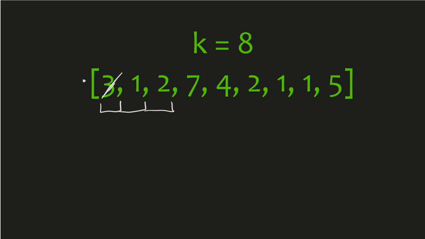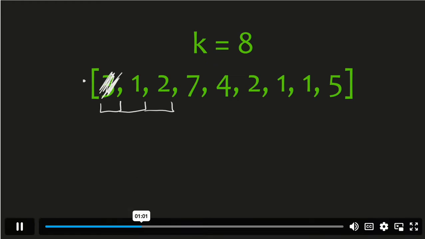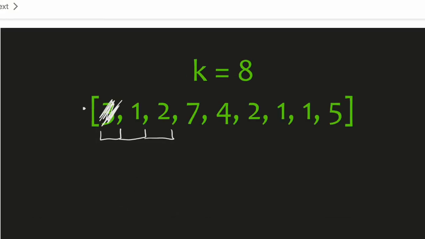Now, if we remove the 3, then the sum would be 10 after adding the 7, so it's still too big. If we remove the 1, the sum would become 9 after adding, which is still too big. And actually this means that we need to remove all our elements if we want to include the 7 in our window. So we'll start a new window starting at the 7,